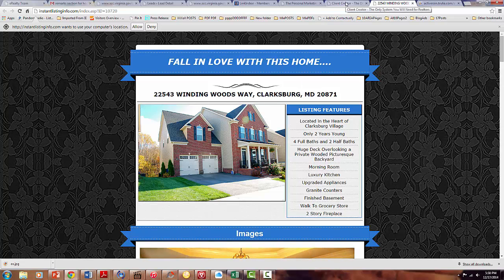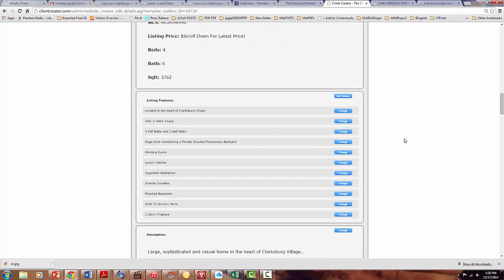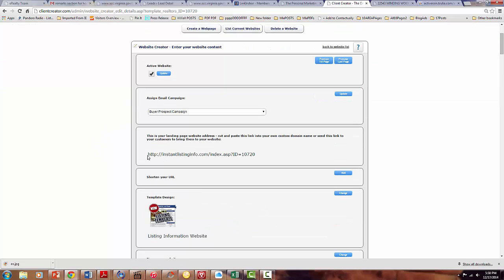We have to provide them with all this information. And all you have to do is create this form, and it's a page basically in Client Creator where you have your own URL. This is the one that I use to go to my Facebook account and put this URL, and you can sponsor it as an ad so people can click on it, making sure that you get some clicks on the property. And this is what we're going to do next on this property.